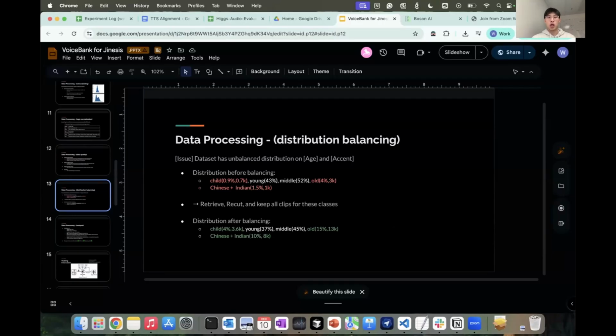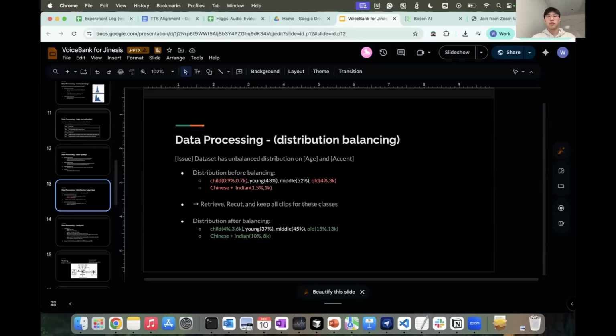For example, before the balancing, we only had close to 1% child, and for the old, only 4%, which makes sense because people in those two groups won't usually put their voices on these websites. So we can't collect lots of their demo voices. But for real use cases, we want these two age groups, so we want to balance those two categories.